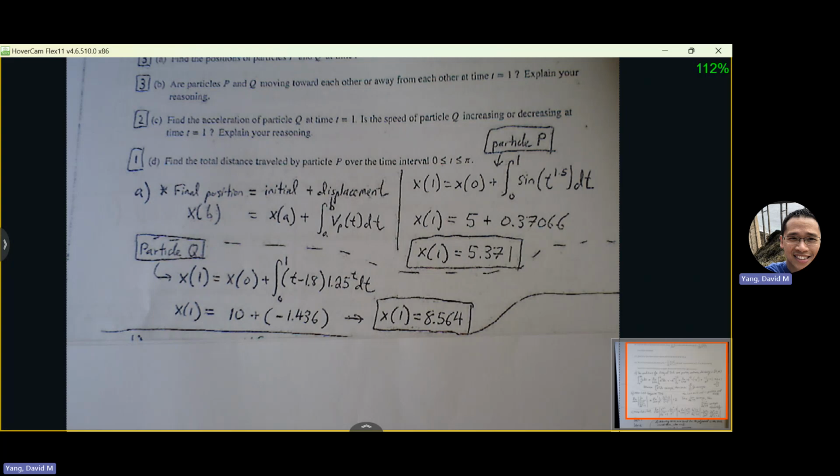And then if we know where they are, and if we know which direction they're moving, we'll be able to visualize it and know whether they're moving towards or away from each other. So positive velocity would mean moving to the right, and negative velocity would mean moving to the left. So we have the velocity of both of the particles. So plug 1 in for both of the particles' velocities and check their signs, place them, know where they are on the number line, and then see if you can convince yourself whether they're moving towards or away from each other.